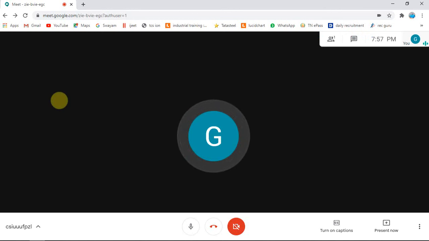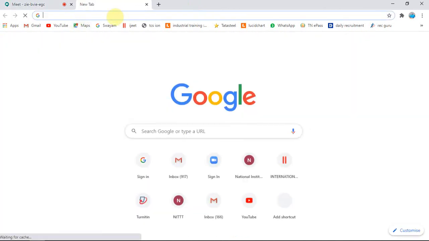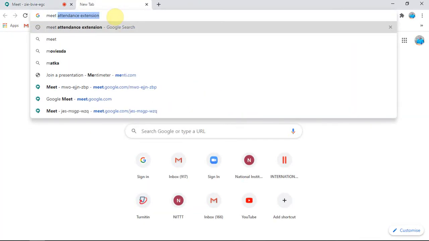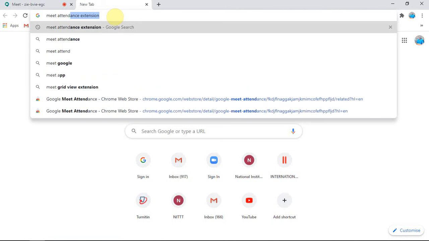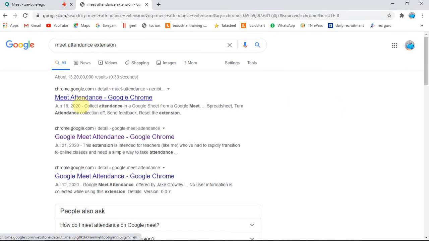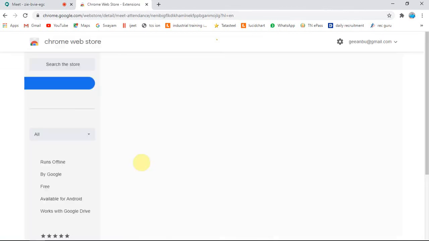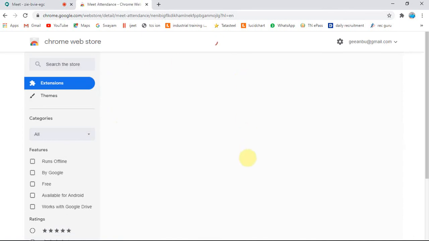Before that, open a new tab. In that you type Meet Attendance Extension. Here if you check, you will have Meet Attendance Google Chrome. Just click it. There will be a new page to add Meet Attendance as an extension to your Chrome.